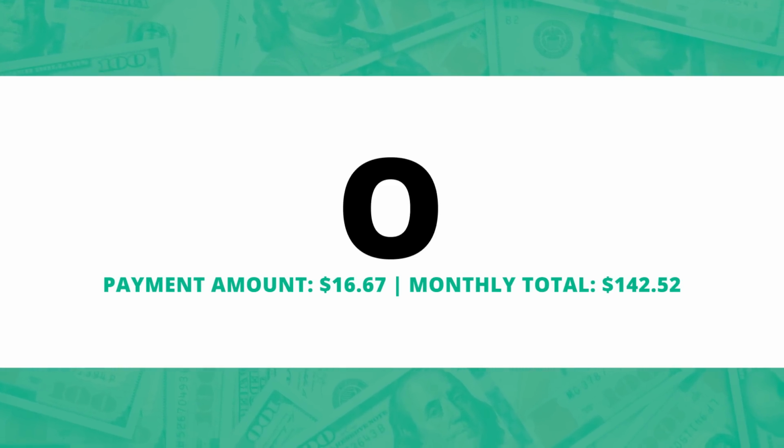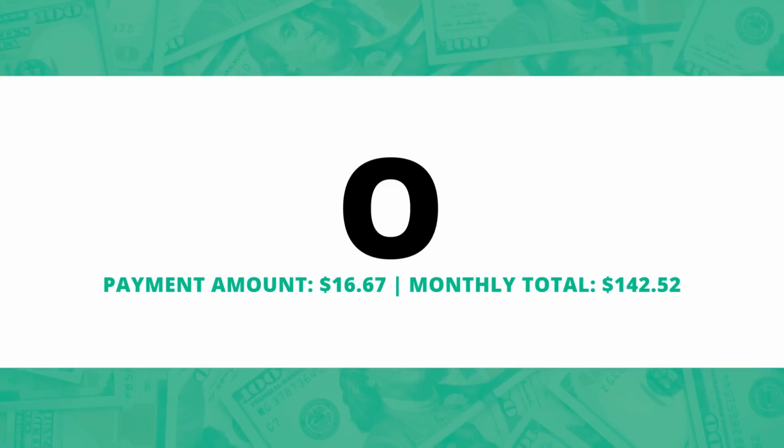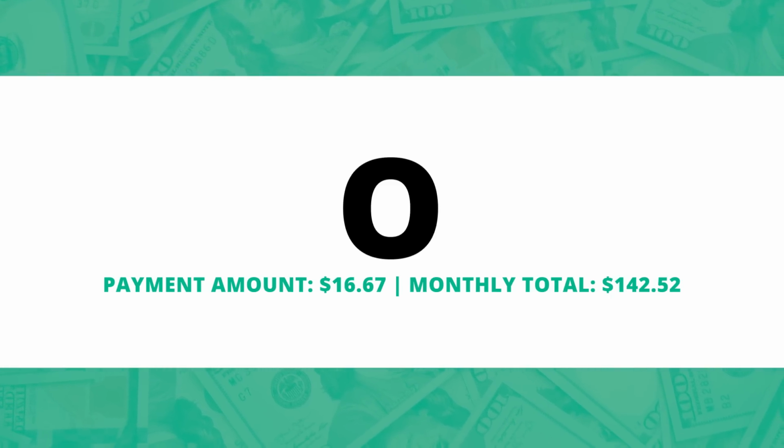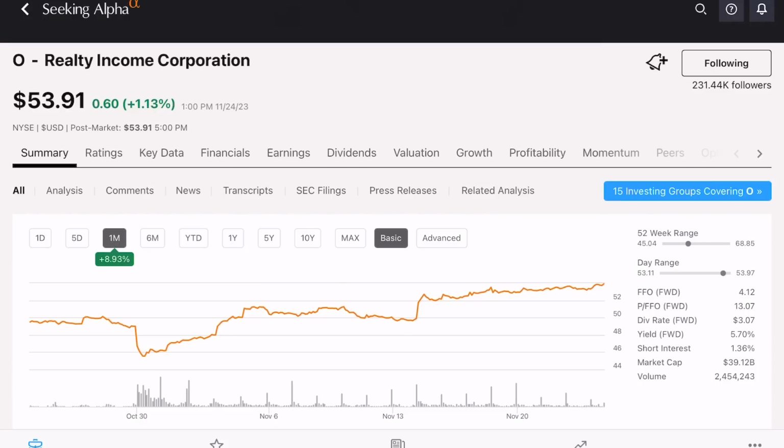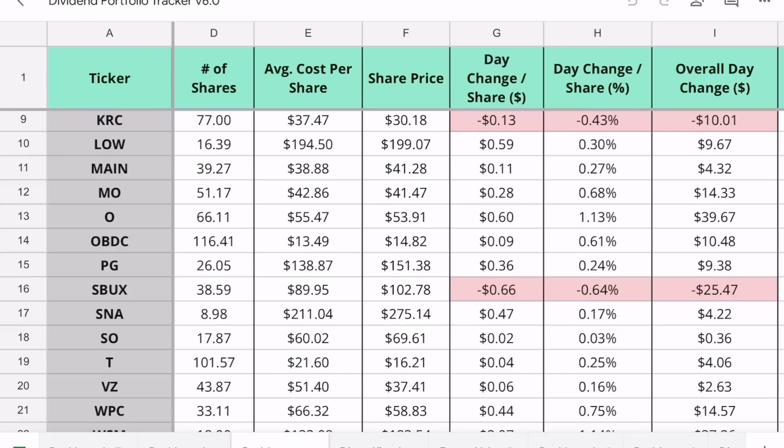Those payments are starting to get up there from Realty Income, but anyway, this brings my total so far in November to $142.52. Now, looking at their share price performance, Realty Income's seen a really nice rebound this last month. They're up nearly 9%, and then zooming out, looking at their year-to-date performance, they are still taking a loss. They're still down 15.5%, and right now, if we look at my position, I'm still down just a little bit